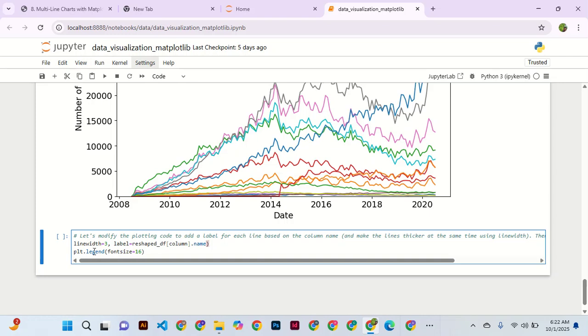Explain it well. So the line width, that is the length. How wide is the line? It will be 3. I know this is not the length, it is how thick the line is. We give it 3 pixels or 3 font size. That is actually pixel, sorry. Then we